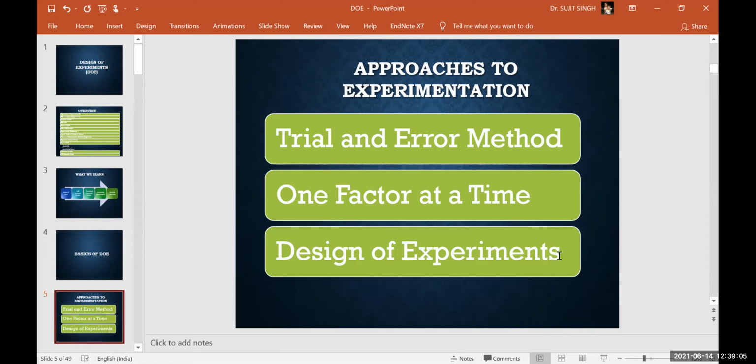Usually, we apply this method in our day-to-day life. Each and every time we can't go for a systematic approach to experimentation. You are doing experiments knowingly or unknowingly all the time in your life. A simple example is between human beings. If you say some statement to your partner or colleagues, how will they respond to you?